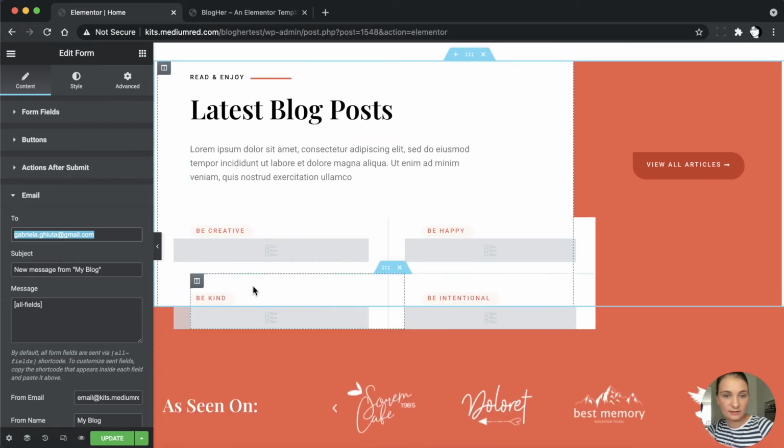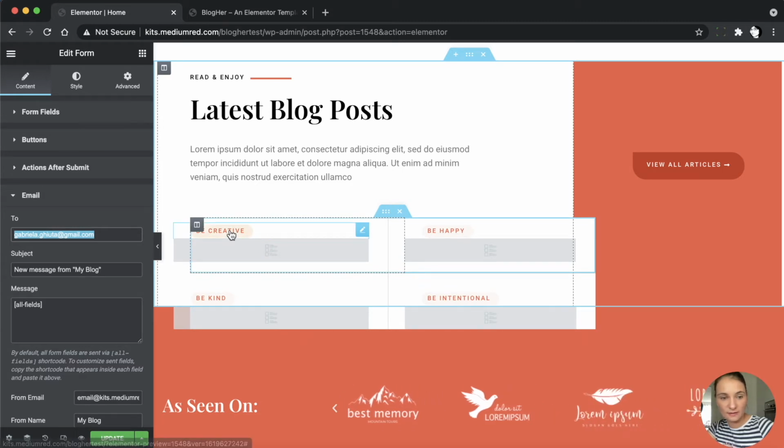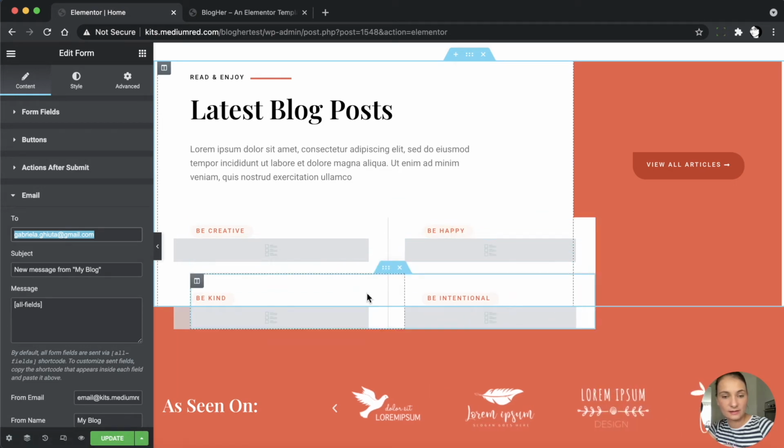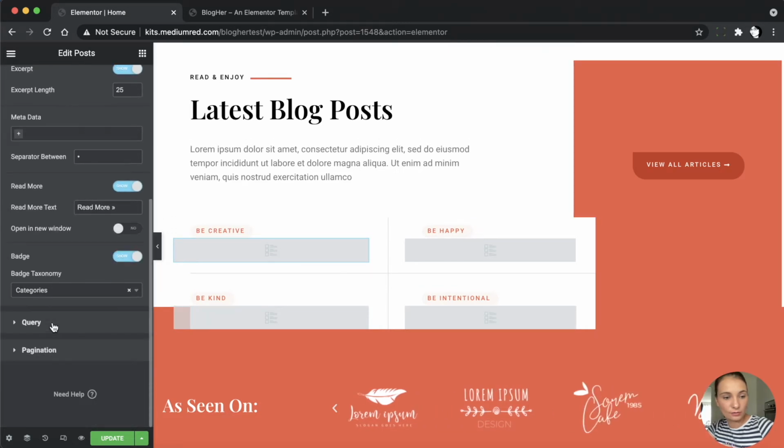The next thing we are going to set up is the latest blog posts area. These are supposed to be 4 blog posts, each in a certain category. This is supposed to be in the Be Creative category, this is supposed to be in the Be Happy category, and so on. So I'm going to click on a blog post widget,